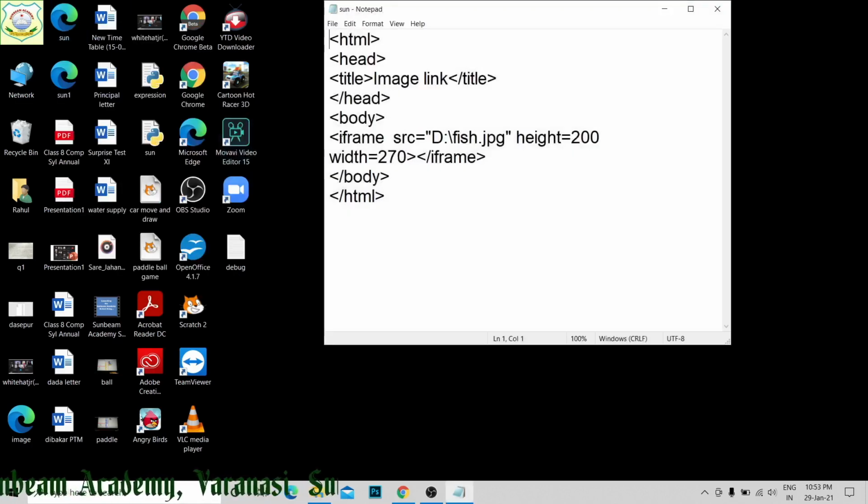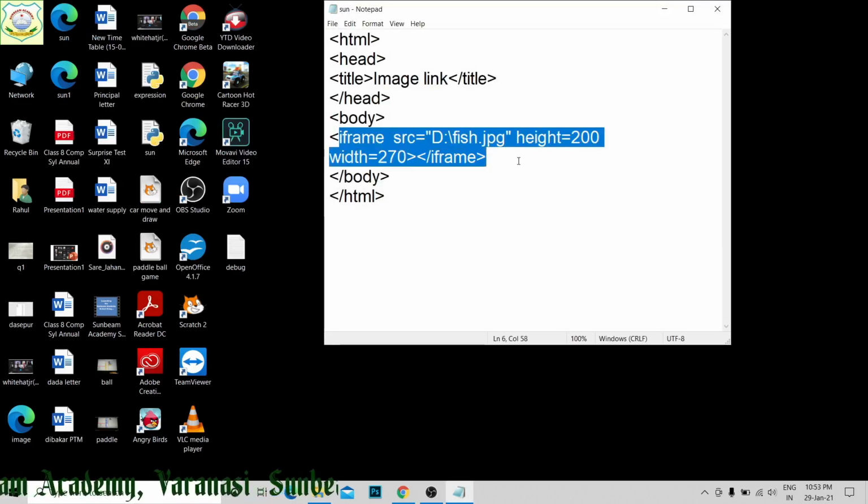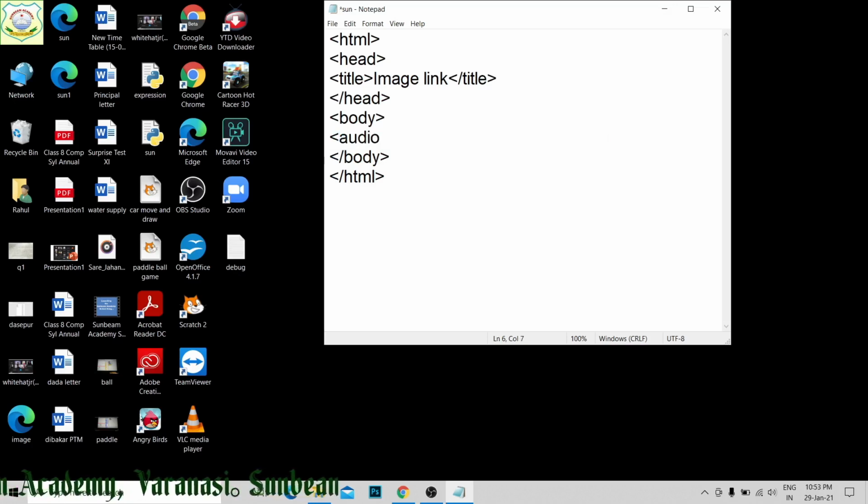Here what to do? Here we will put the audio control. How? This audio I am going to write with its src. Simply I am writing src equal to quotation.